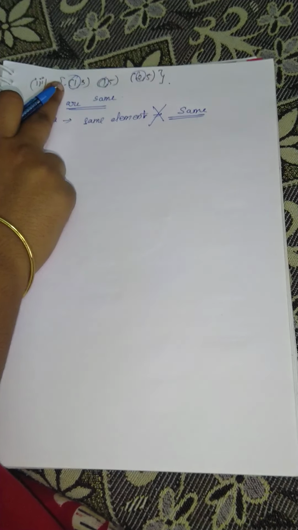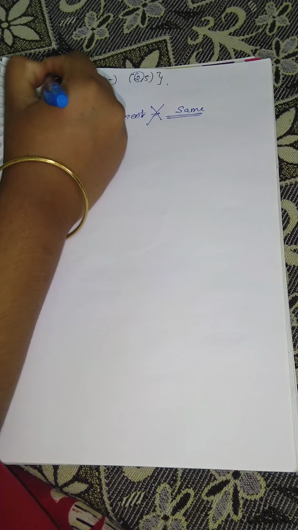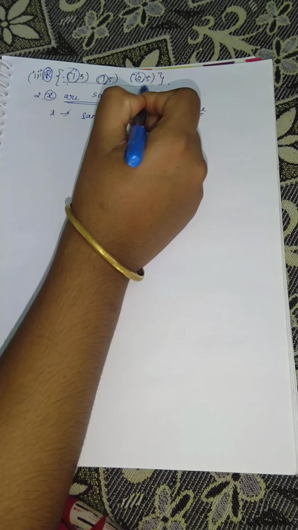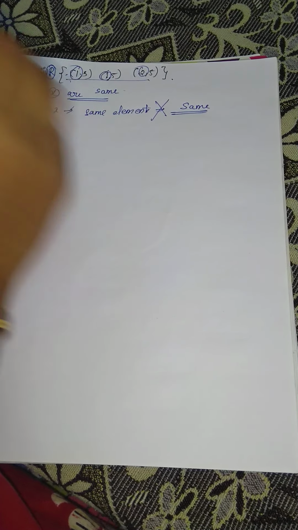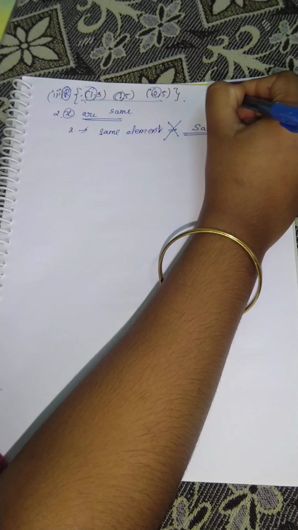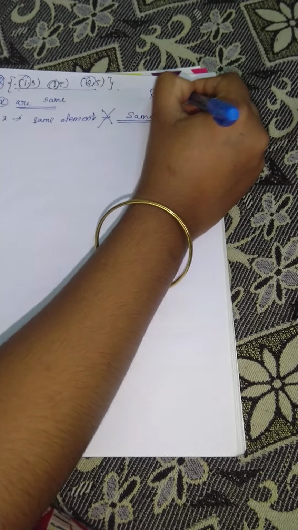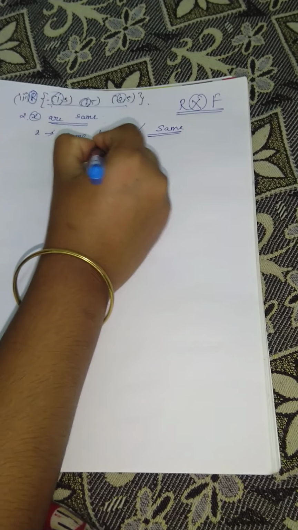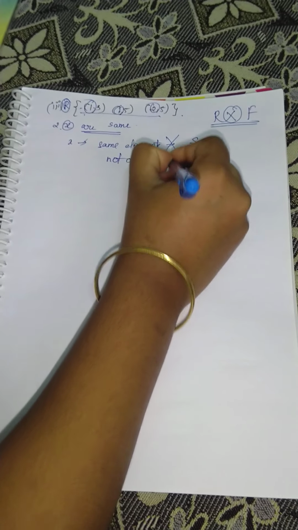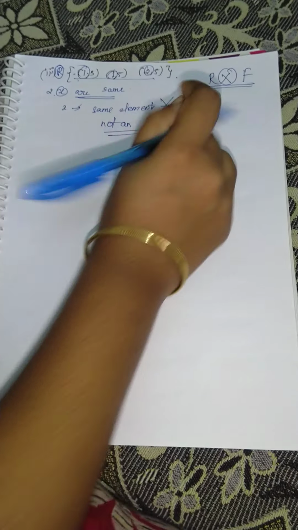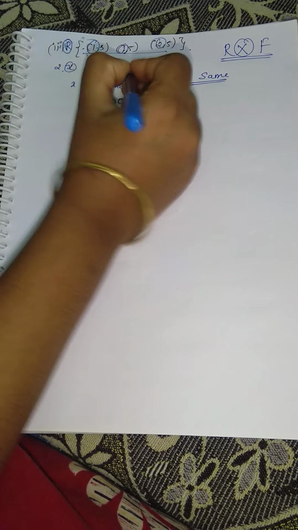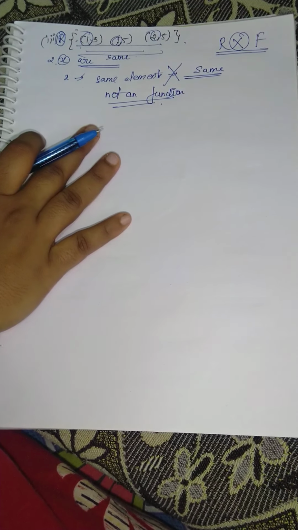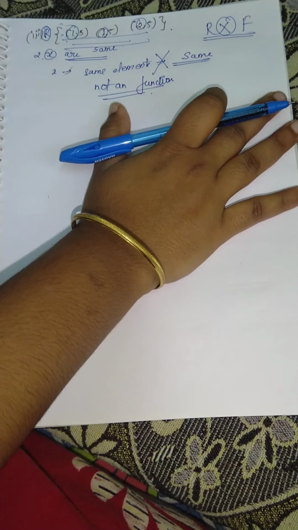Here in this relation, this is actually a relation only, but still in this relation the x element is the same, so we cannot say this relation is a function. So this relation is not a function. Be clear that this is not a function because the x element is the same in this relation. Okay, this is clear for you, and next I will move on to the next question.